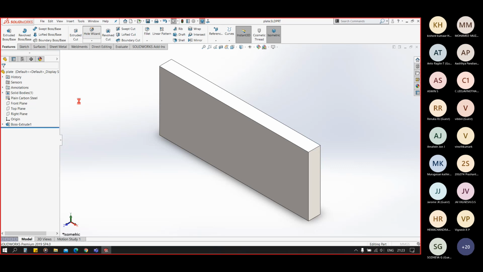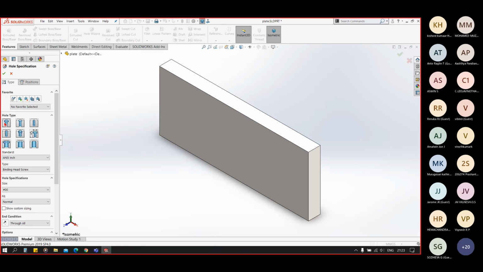Now let's create a hole using a standard hole type. Counter bore for the hex socket head of size M10.